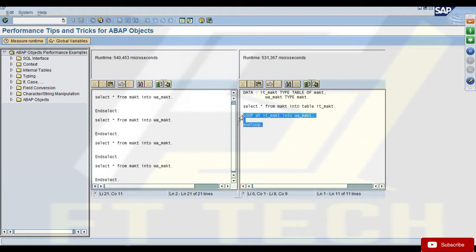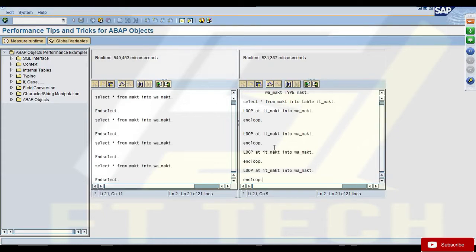I can access that data. So I only need to loop my internal table. I don't need to hit the database again. So here I'll simply loop the internal table because it already has the data to process. Whereas here I need to hit the database to get the data again because I don't have the data in my program. Now when I do it this way, let's see what difference it makes.